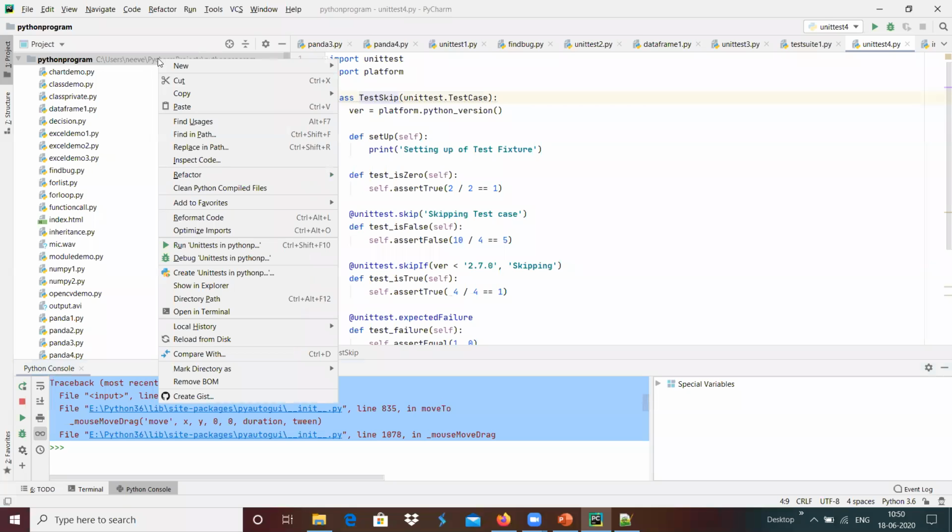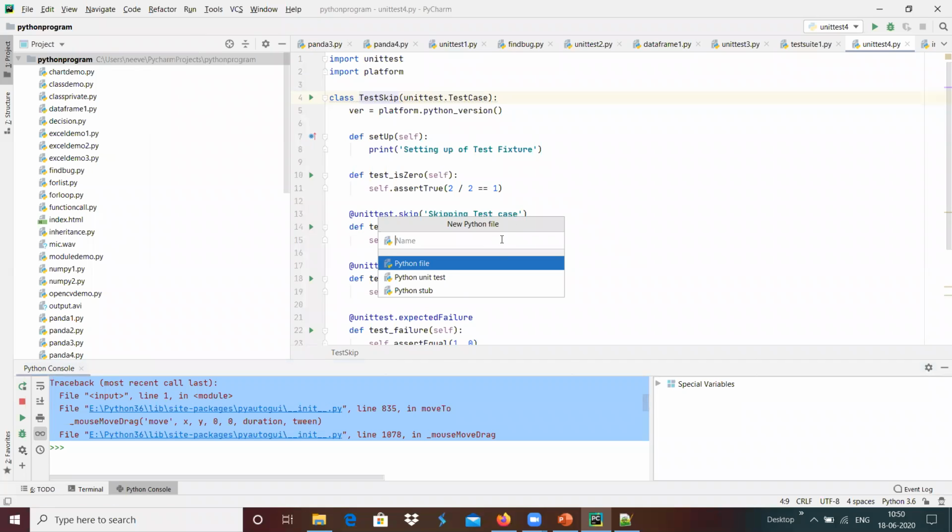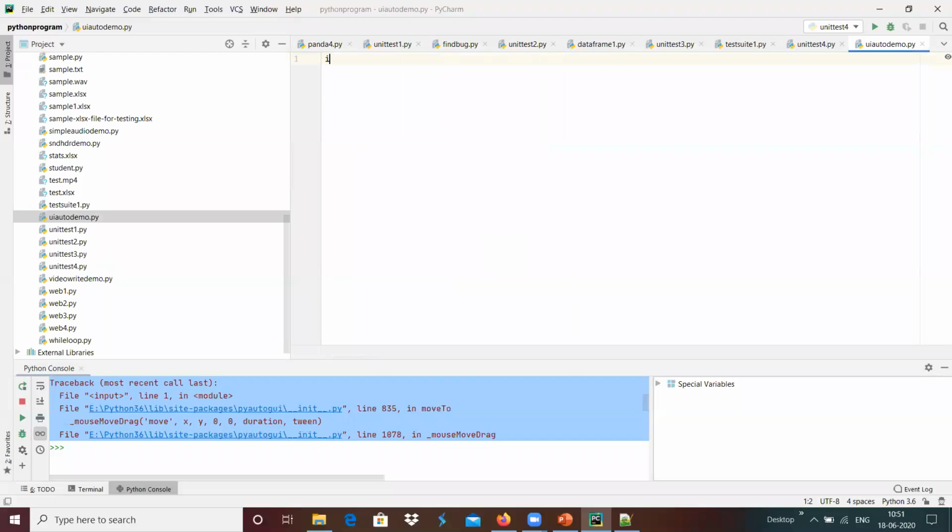I'm going to use a new Python file, named pyautogui_demo.py over here, and I'm going to import pyautogui and import time.